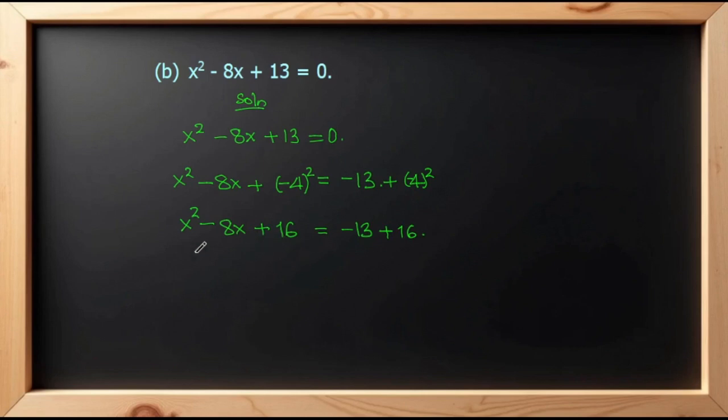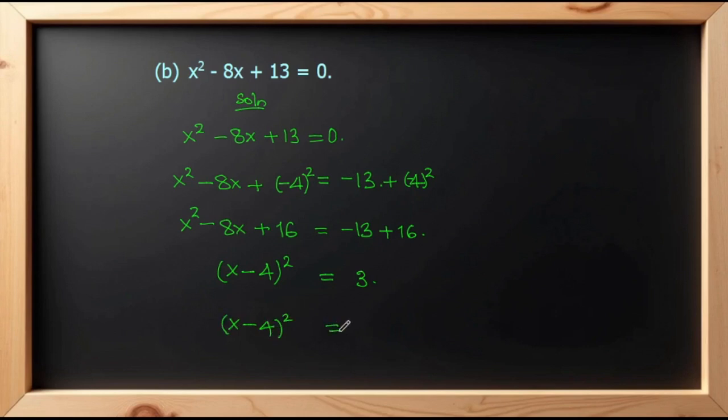Now let's complete the square from the left hand side, and we have here as before, we select one of the x from the square and we take a half of the coefficient of x, and here we have that is 4, and then we square. So this equals to positive 3. Now again we find square root on both sides